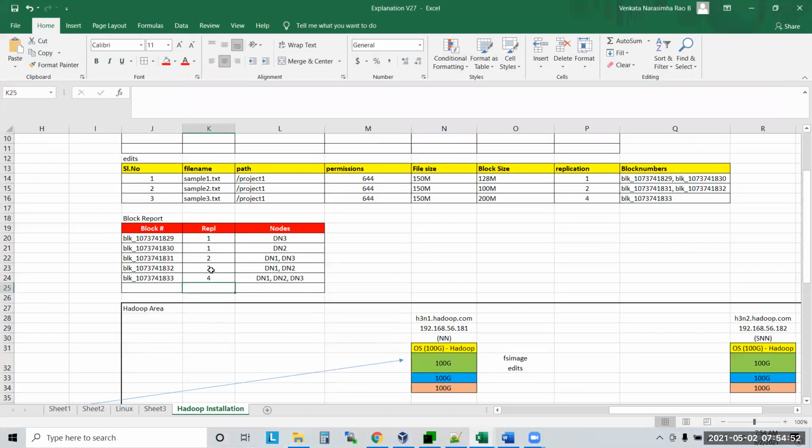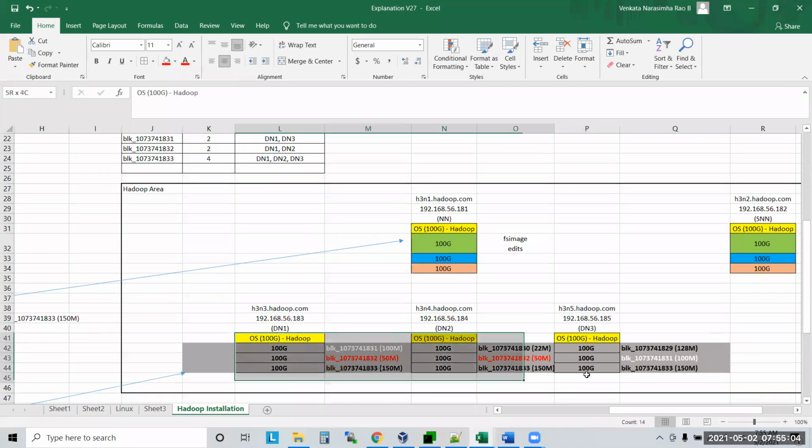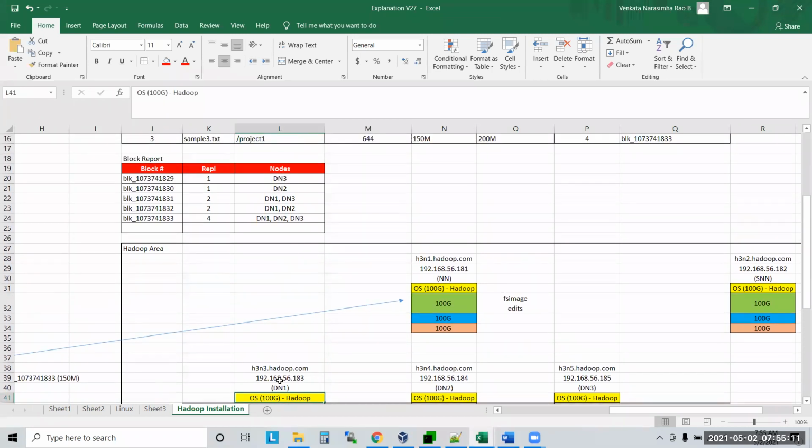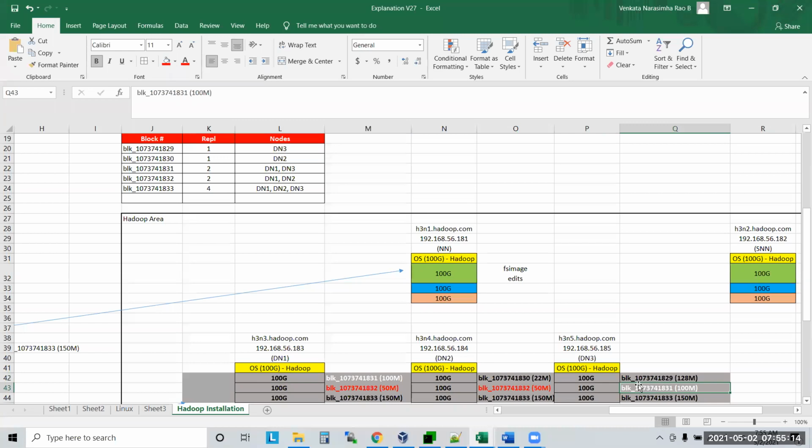Here, the user told that I want to maintain this file with 4 copies. But how many data nodes do we have? 3 data nodes. So that is the reason. The name node is able to maintain only 3 copies, one copy in each data node. Where is the 4th copy? The name node just keeps waiting until another data node is added. So as of now, the name node has the chance to write only 3 copies, no 4th copy.